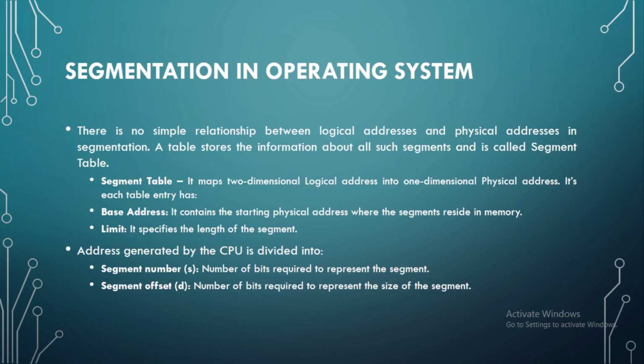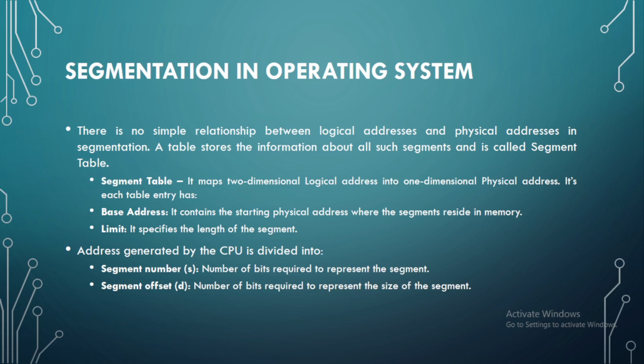There is no simple relationship between logical addresses and physical addresses in segmentation. A table stores the information about all such segments and is called segment table. A segment table maps two-dimensional logical addresses into one-dimensional physical address. Each table entry has base address and limit register. Base address contains the starting physical address where the segment resides in memory, and limit specifies the length of